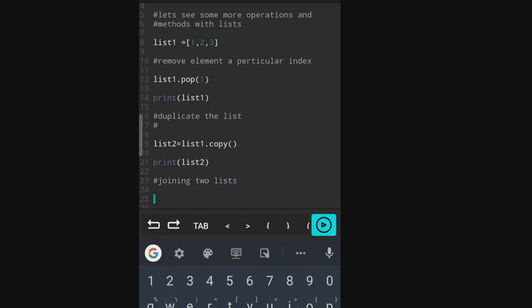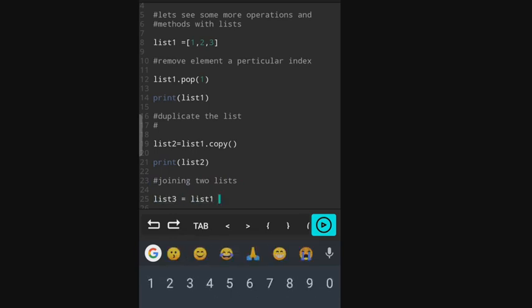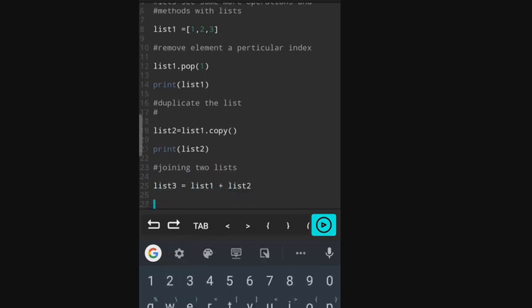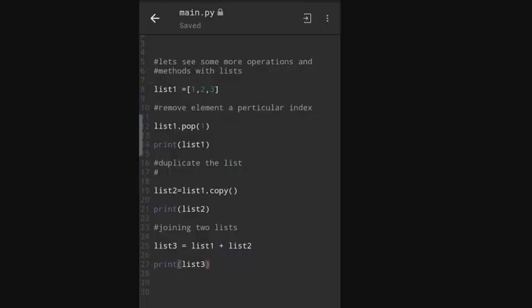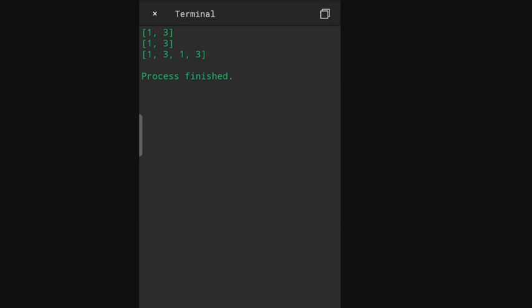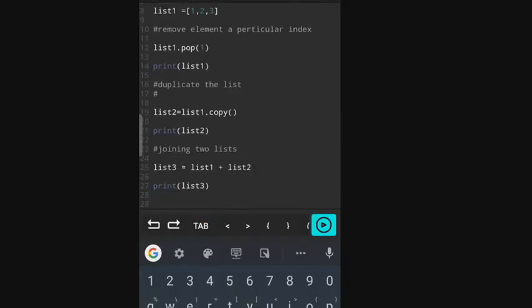You can also join two lists using the plus operator. I will create a new list3 using list1 and list2. When I print list3, you can see both are joined together.